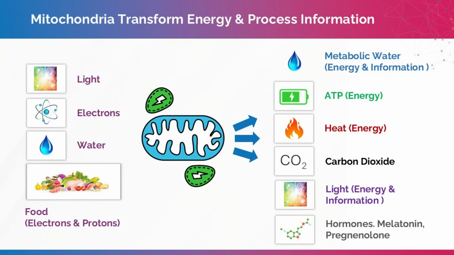Then we've gone over what comes out of the mitochondria, which we could say is metabolic water, which is deuterium depleted. So this will contain energy as well as information, because water is much more than just a liquid for dissolving things in. I could do a whole video just about water, but people like Dr. Pollock have been on the channel, and hopefully Veda Austin will come on. Mitochondria make ATP, which some people are now beginning to dispute, this so-called high energy phosphate bond, but still ATP is an extremely important molecule in the body, and it does power certain reactions, and it's important for folding and unfolding proteins, but it does more than that. So that's very important as well.